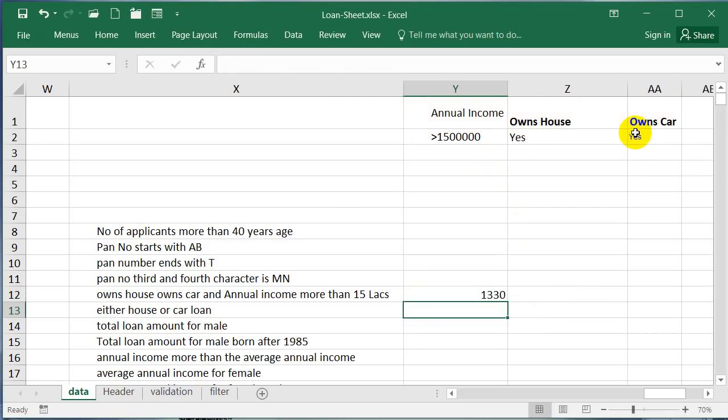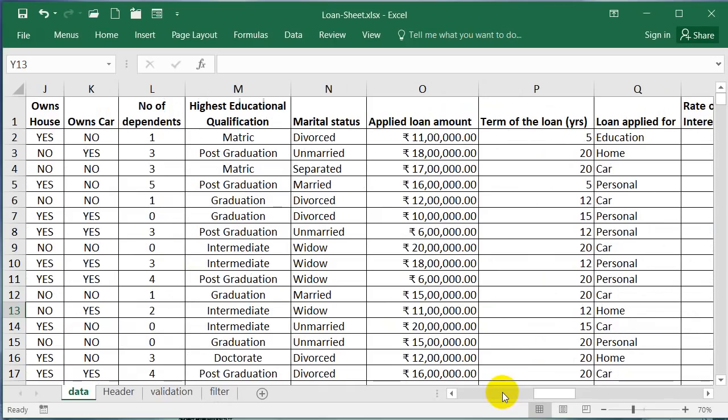Now this is either applied for house loan or car loan, right? Either house loan or car loan, right? So where is that field? Loan applied for.